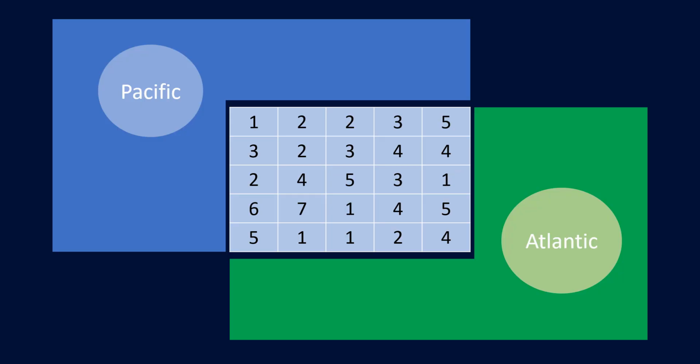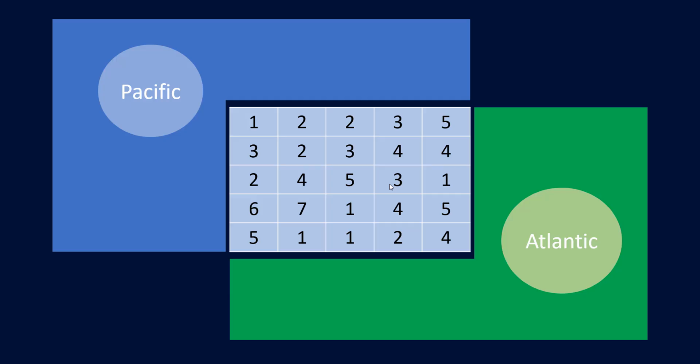So the main gist of this question is understanding the problem statement itself. If you know the problem statement, it would be much easier for you to implement a solution for that. So for this, I am taking this particular example over here, and as mentioned in the question, the left and the top borders have the Pacific Ocean attached to it, and the right and the bottom border has the Atlantic Ocean near it. And the numbers over here in the cell determine the height of that particular grid or the continent,